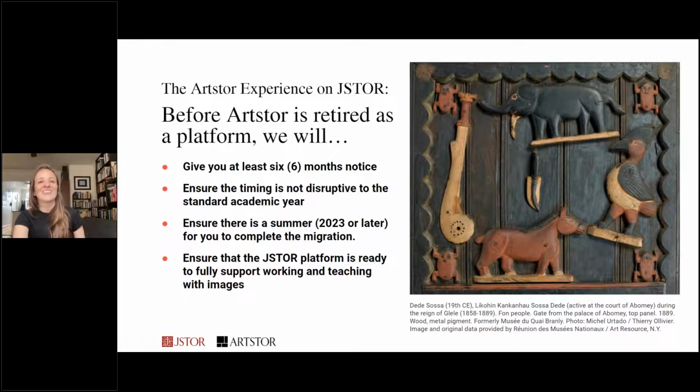So before Artstor is retired, we've said before that we will provide ample warning before sunsetting Artstor. We want to give some substance to that phrase, ample warning. With it, we mean we will give you at least 6 months notice. We'll ensure that that timing is not disruptive to the standard academic year. We can then assure you that in that context, you will have a summer, 2023 or later, during which you can complete all of the migration work you need to on your end from Artstor as a platform to JSTOR